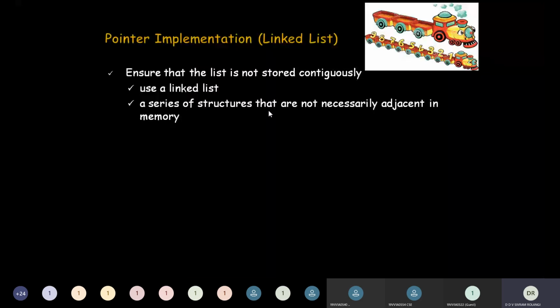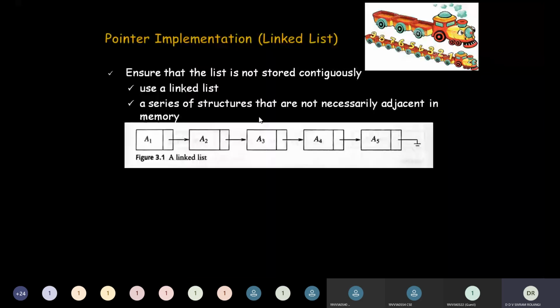So here is an example. As you can see here, A1, A2, A3, A4, A5 are the data items in the list. Each node consists of two fields. The first node's first field will be storing A1, and the next field, usually the link field, which we often call the link field or the next field, holds the address of the next node.